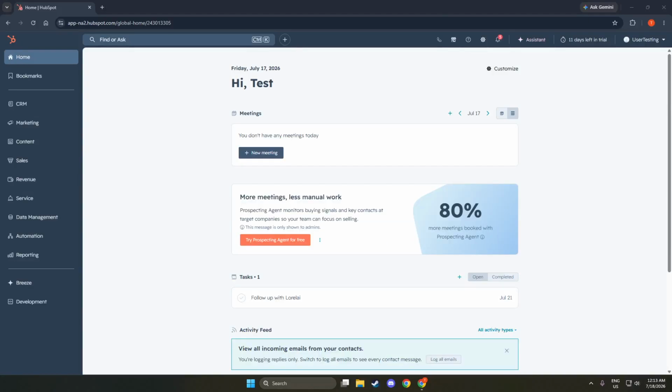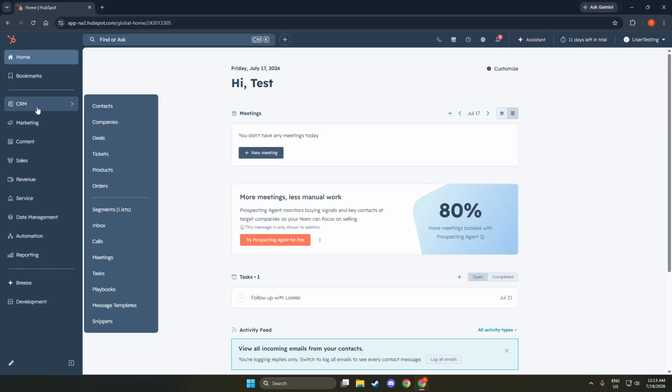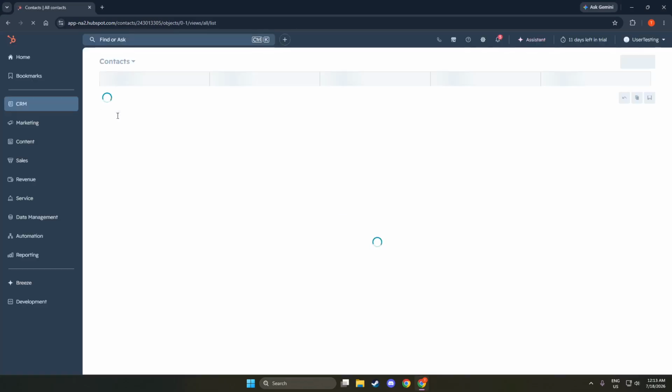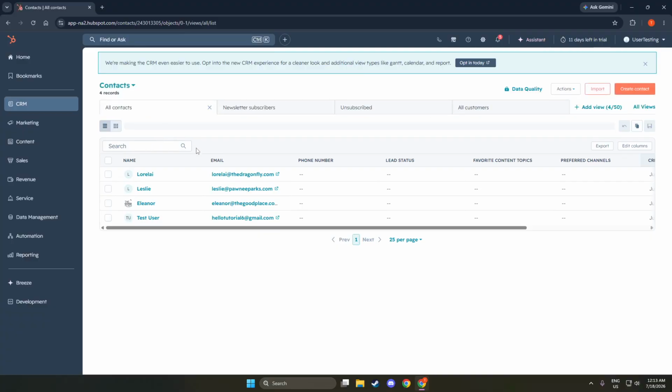First, log into HubSpot. You will see the login page where you need to enter your credentials. This usually includes your email and password. Ensure that you enter the correct information to avoid any access issues. If you've forgotten your password, there is an option to reset it. Logging in correctly is the first step towards managing your leads effectively.